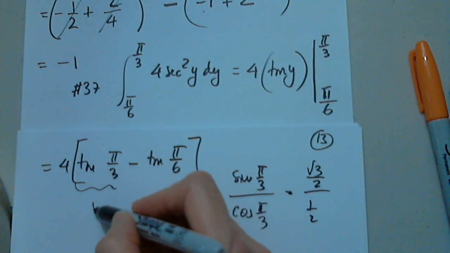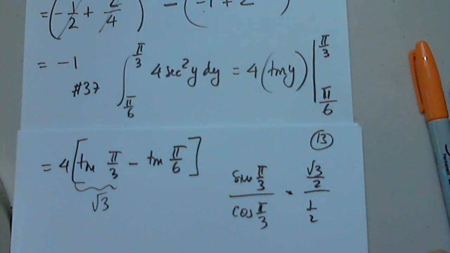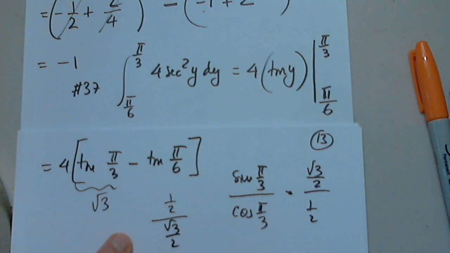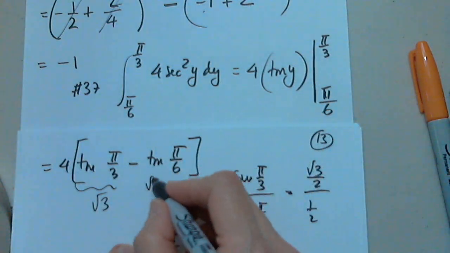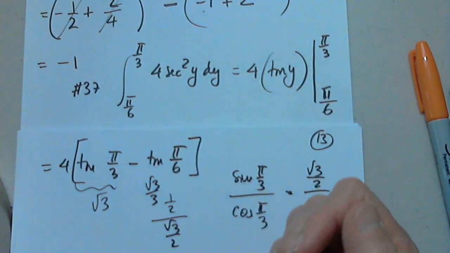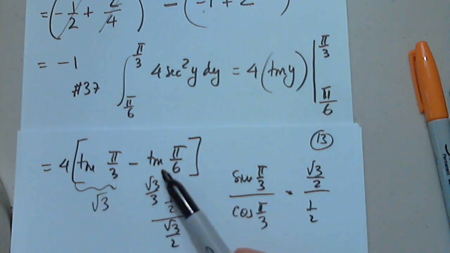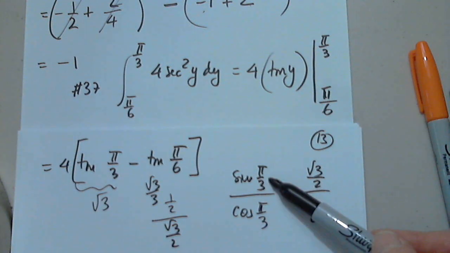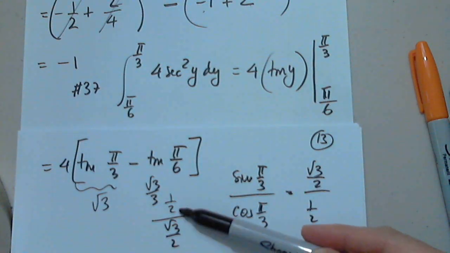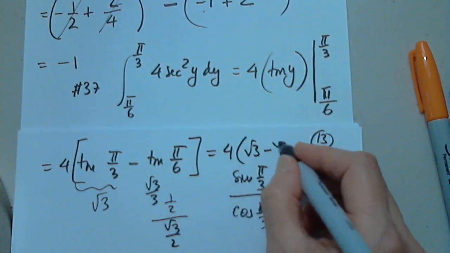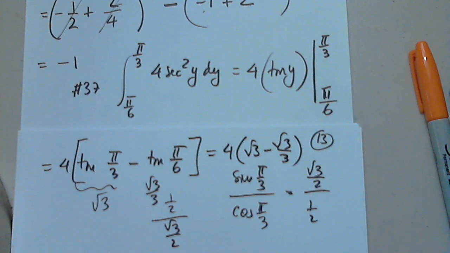So this has to be the square root of 3, this over this. The reverse, for this one, it will be 1/2 over the square root of 3 over 2. And when you flip, you get the square root of 3 over 3. And rationalize. So there is no need to memorize these. But you have to memorize everything sine cosine for pi over 3 and sine cosine for pi over 6. So then the answer is 4 times the square root of 3 minus the square root of 3 over 3. If you want to check with